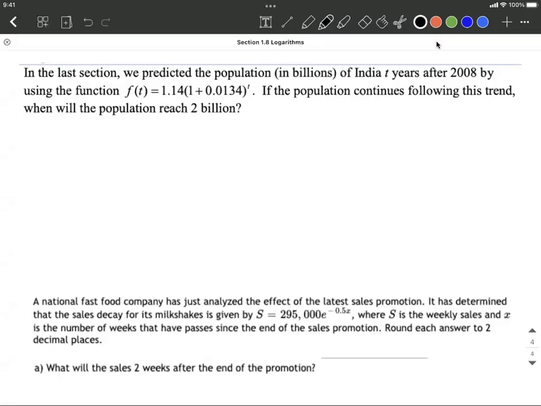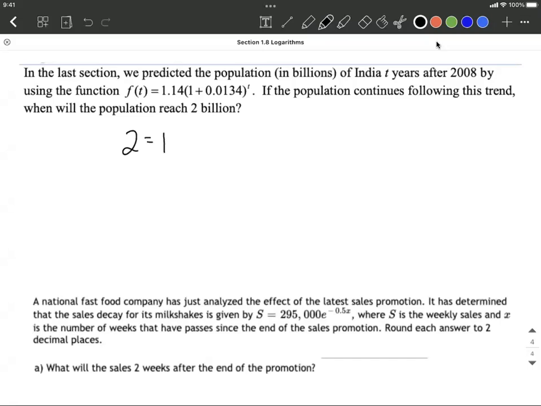Okay, on this problem, it's a word problem calling back to a formula that was given to us in the previous section. So in this, the population of India in years after 2008 was given by this function. We want to know if this continues, when will the population reach 2 billion people? All right, this was in billions, so we're given 2 is going to be our future value, basically